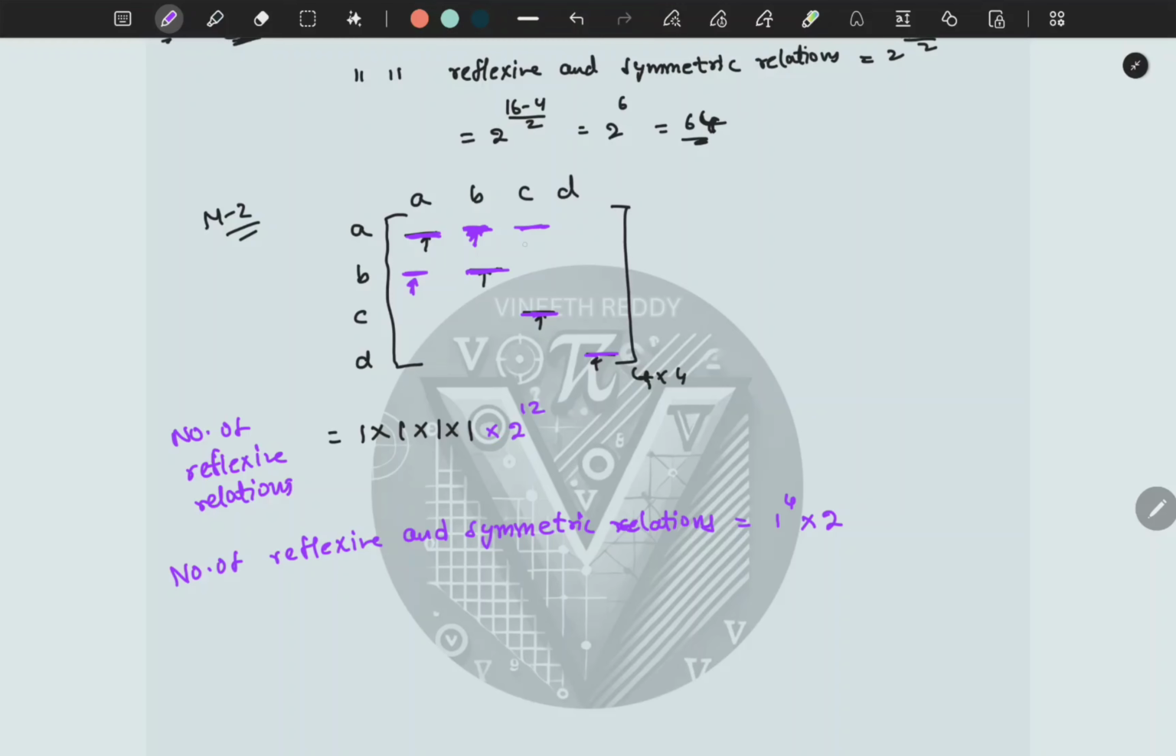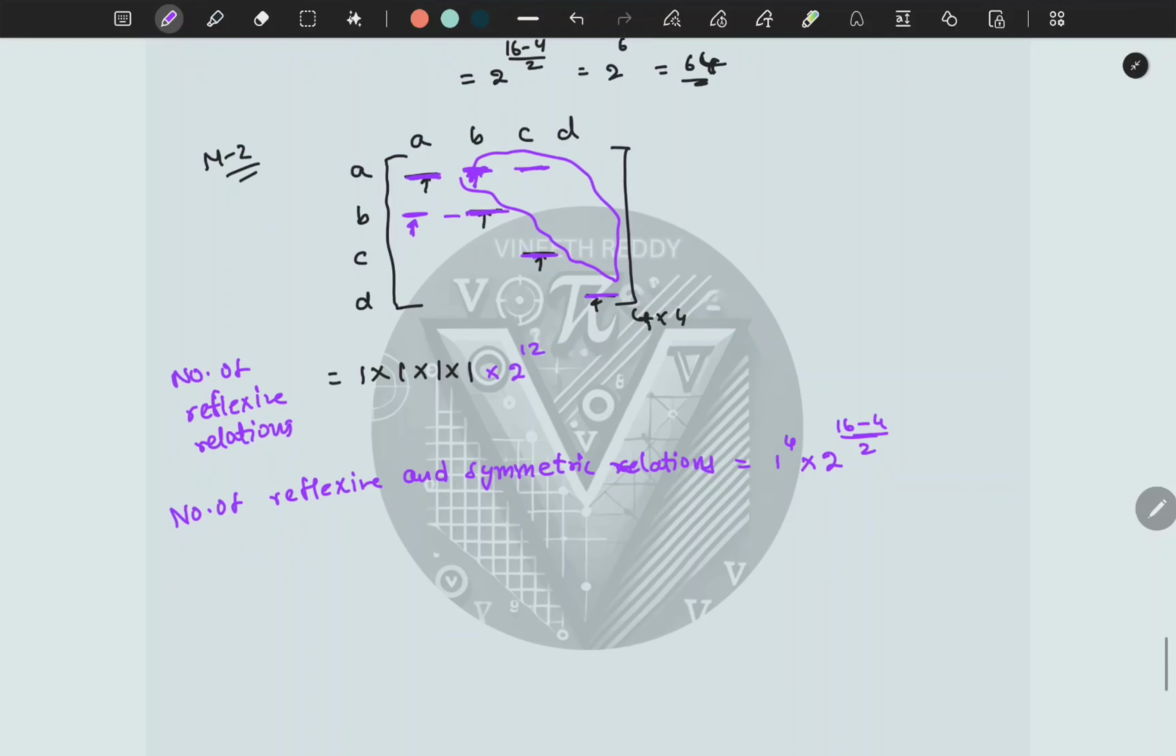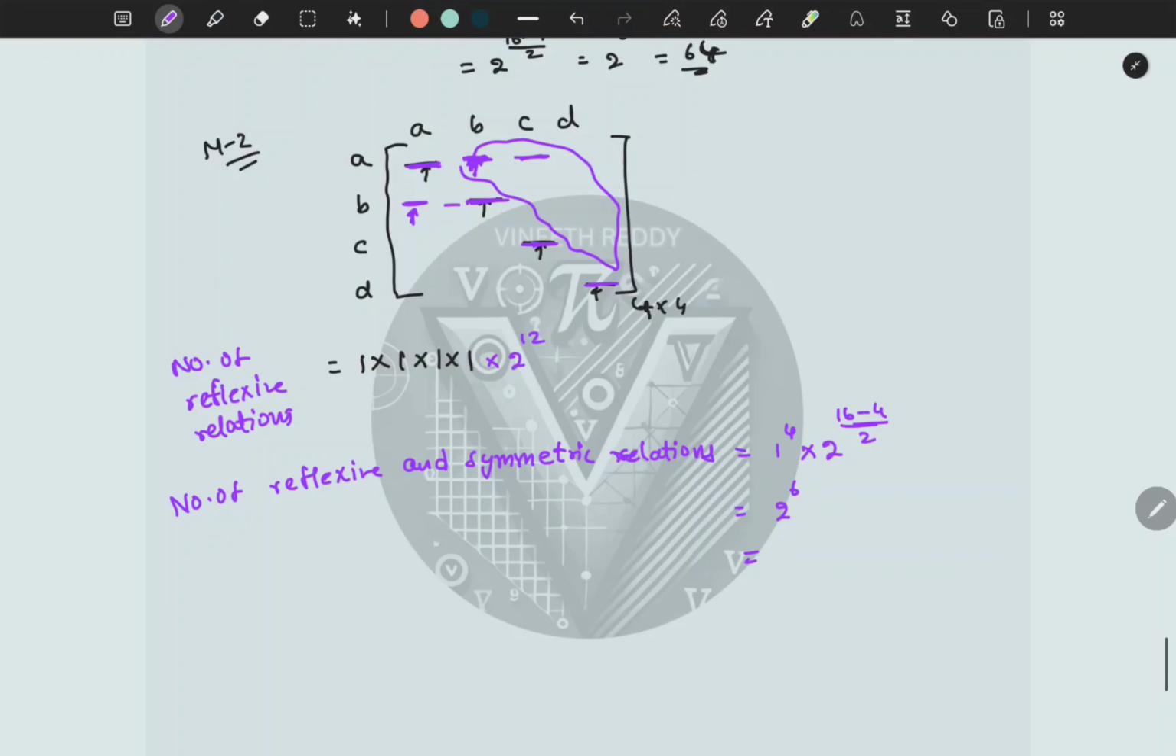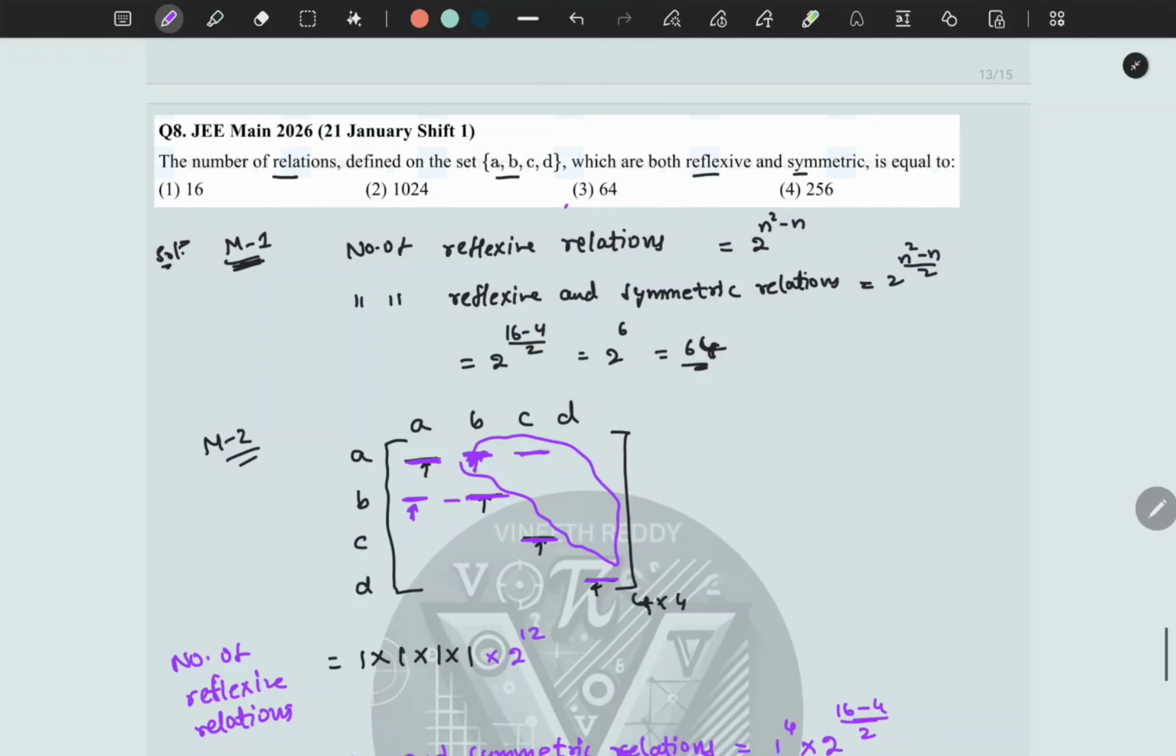That means what matters is these elements above the diagonal: there will be two possibilities for these, and only one possibility for the others depending on that. So it will be 2 to the power of the number of elements above the diagonal. Total number of elements are 16. Subtract the diagonal elements, that will be 12, the number of non-diagonal elements. Divided by 2, we get the number of elements above the diagonal. So this will be 2 raised to the power 16 minus 4 is 12, 12 by 2 is 6. That's how we got 2 raised to the power 6, that will be 64. So 64 should be the answer. Option 3 is